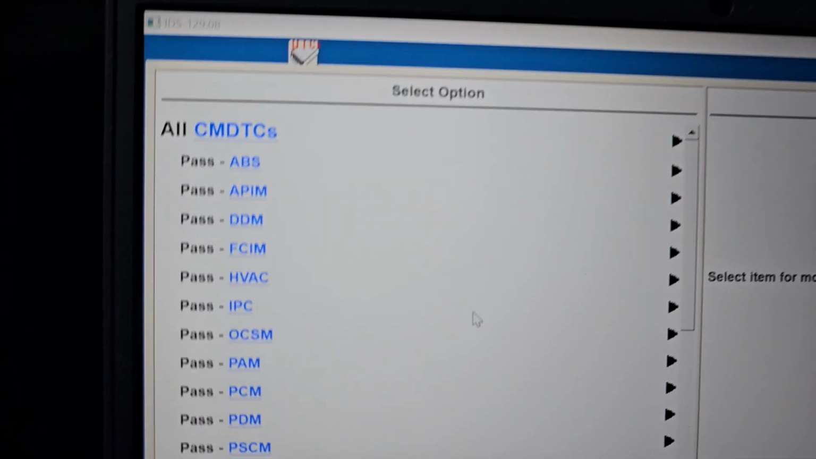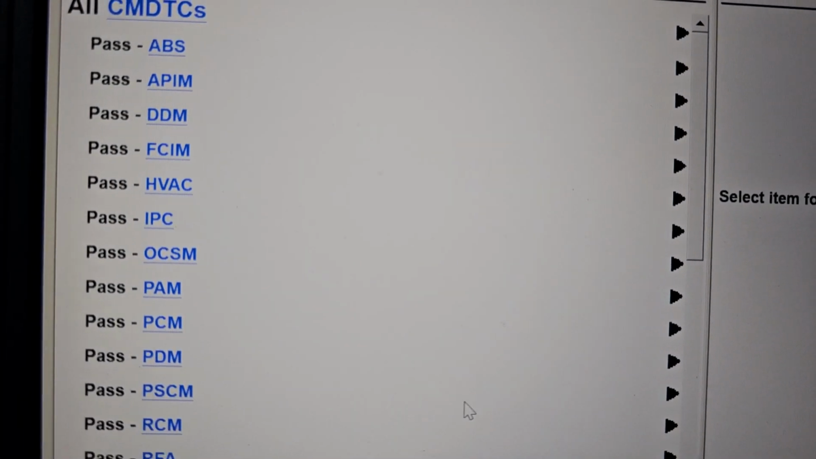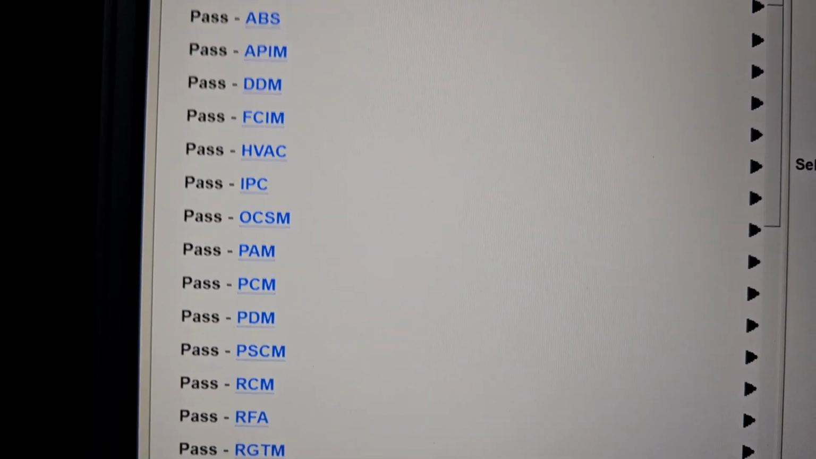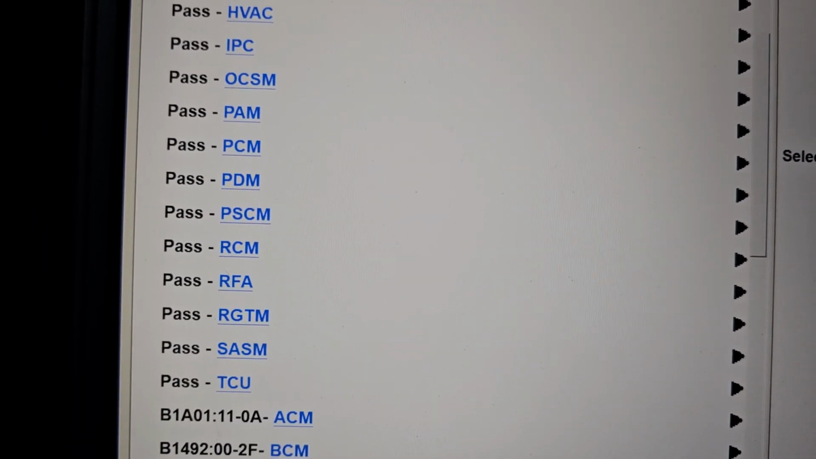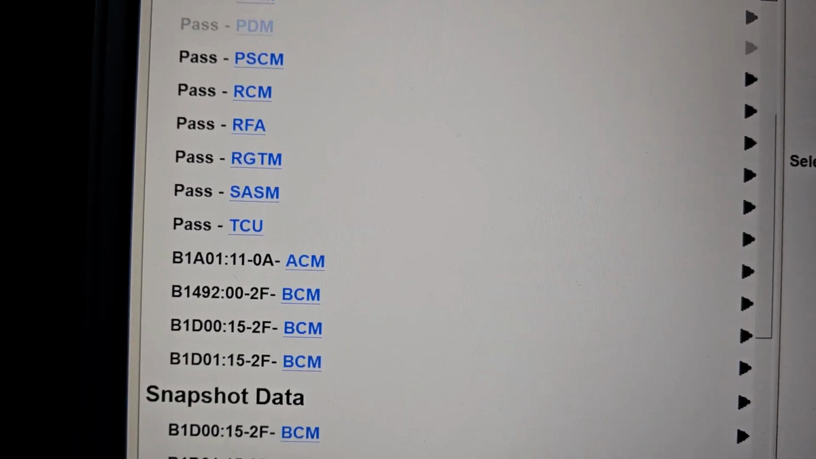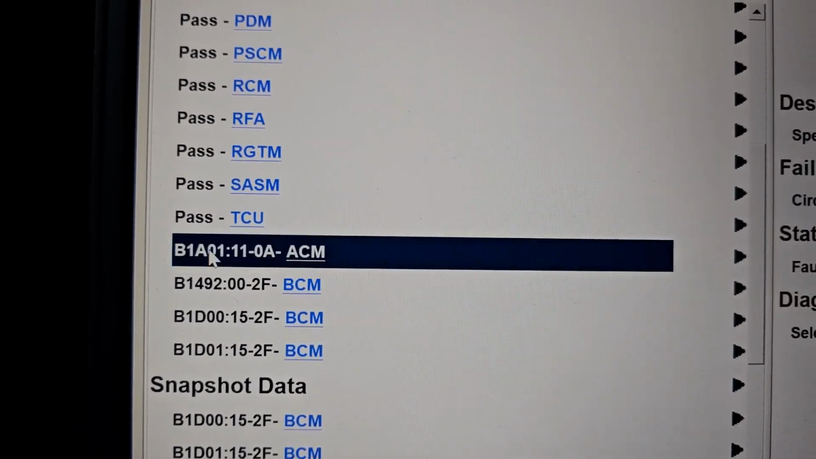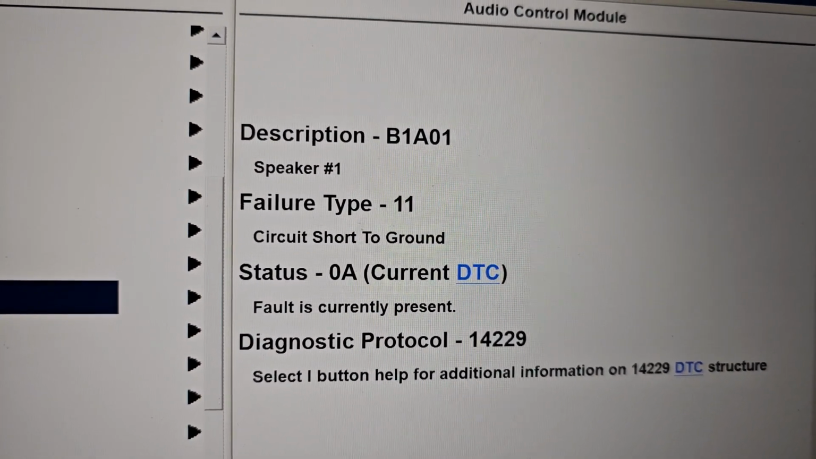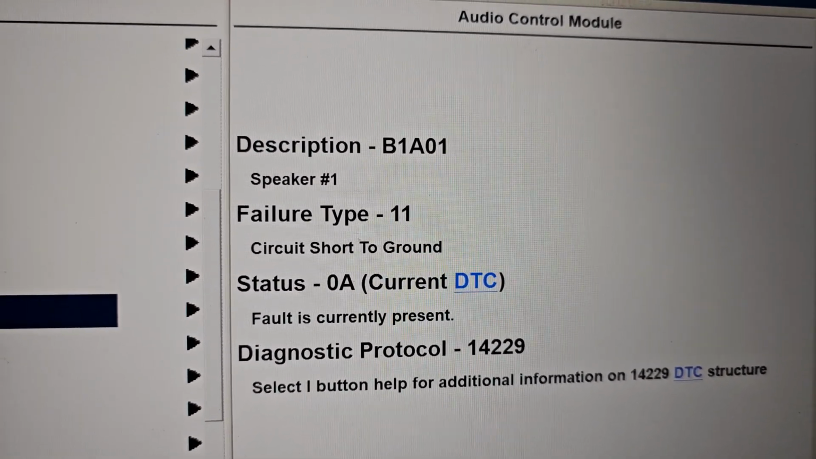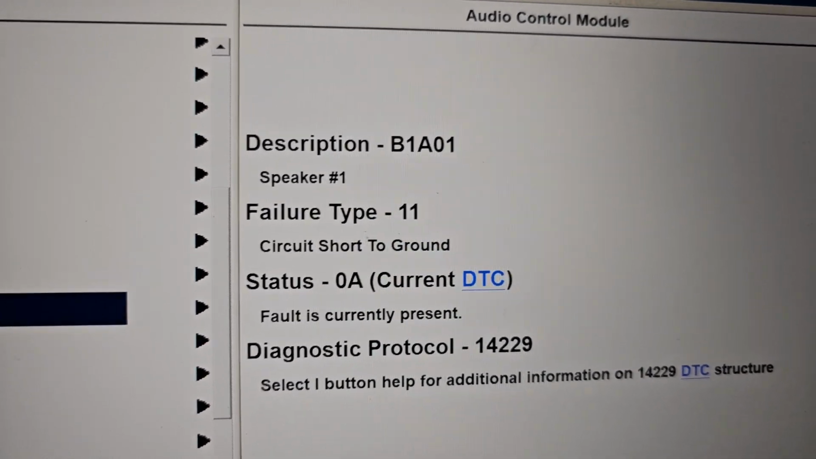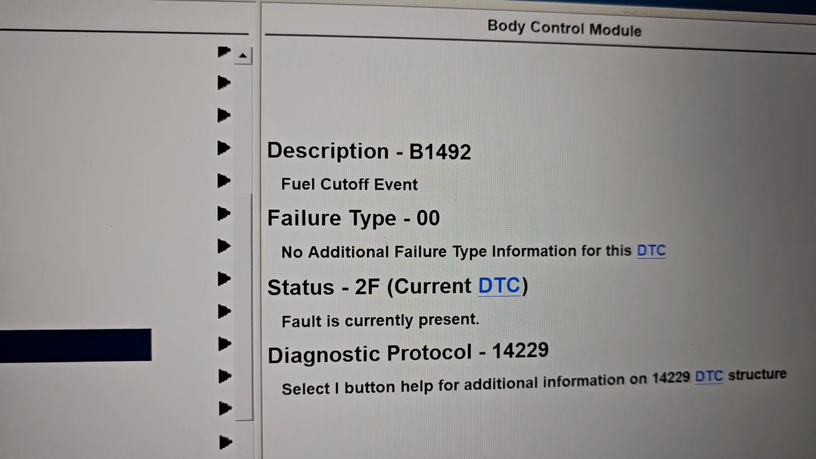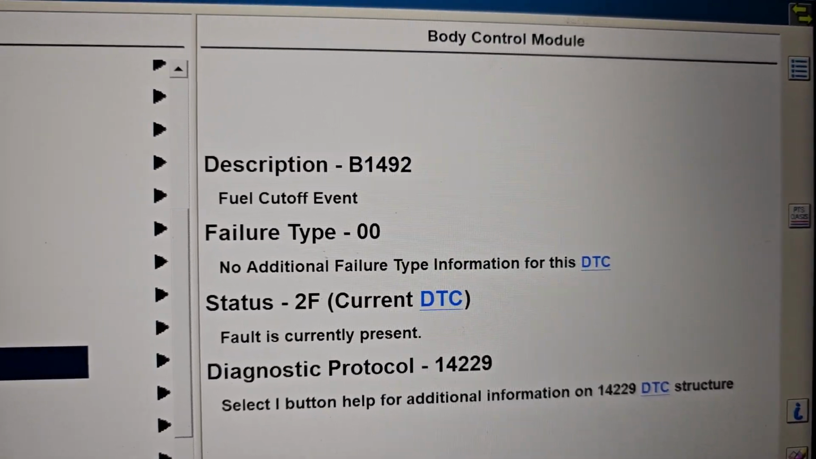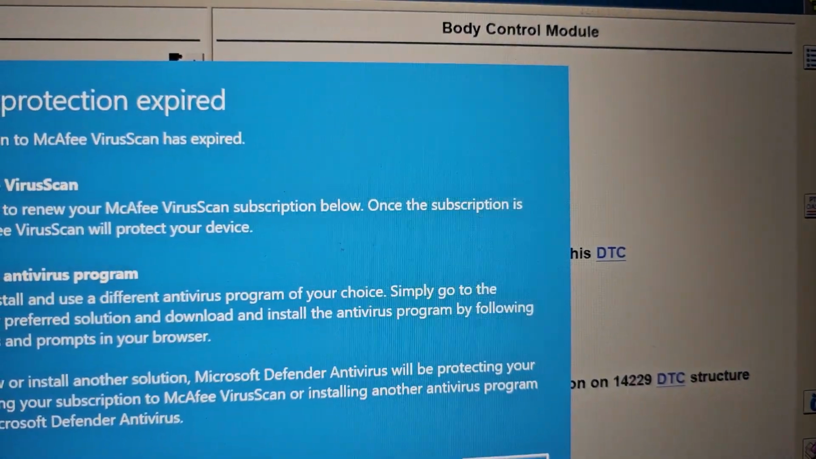Okay, now we're gonna look here. You see everything passed, but we have 3 codes here. The first one here, we have speaker 1, B1A01, speaker 1. I don't know where it's located, but if you go to the wiring diagram and all this, it will tell you. Fuel cut-off event. This is on the body control module. And also